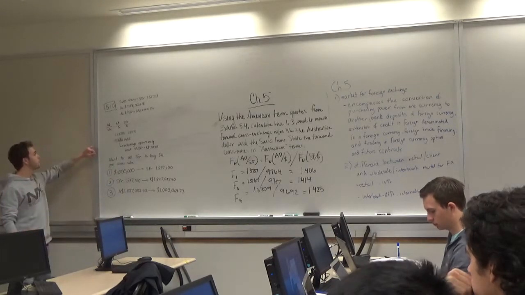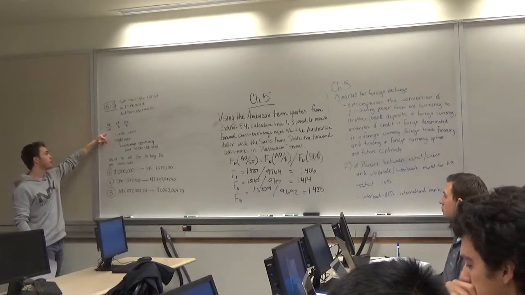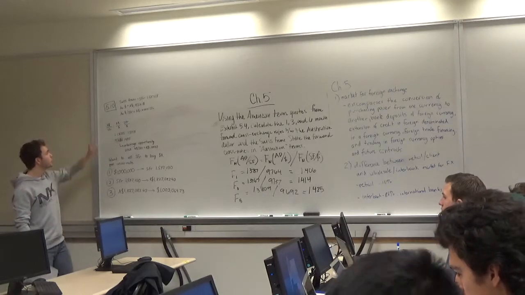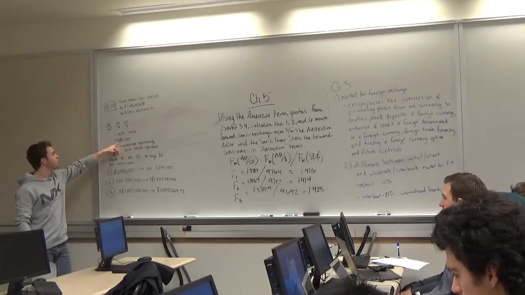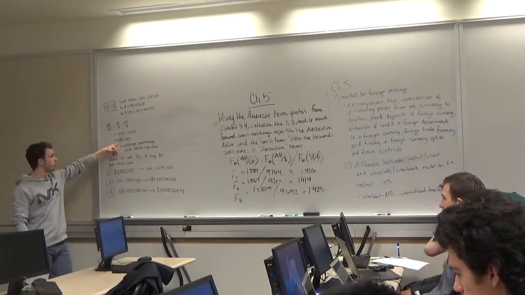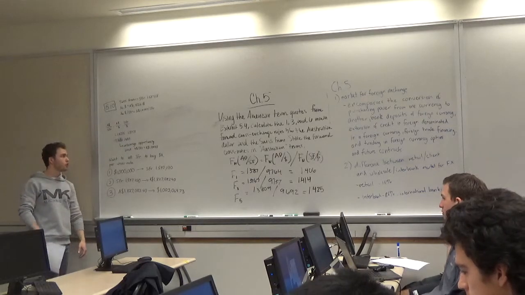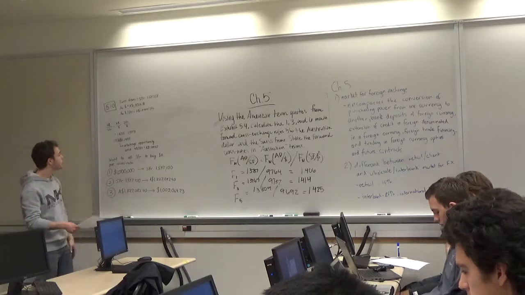So basically, first you want to calculate the implicit conversion rate between Australian dollars and francs, which is just multiplying the quoted rates to get you 1.1405 Australian dollars per Swiss franc. And this tells you that there's an arbitrage opportunity since the Swiss franc is overvalued relative to the Australian dollar.